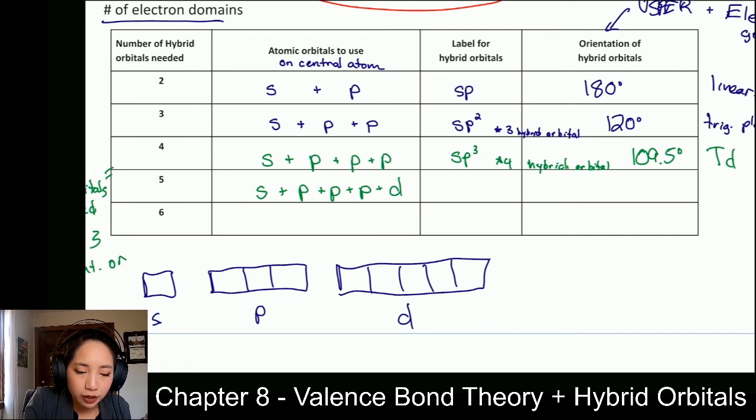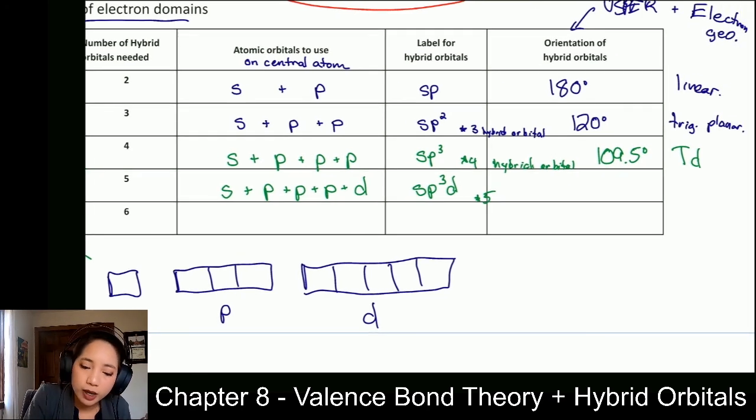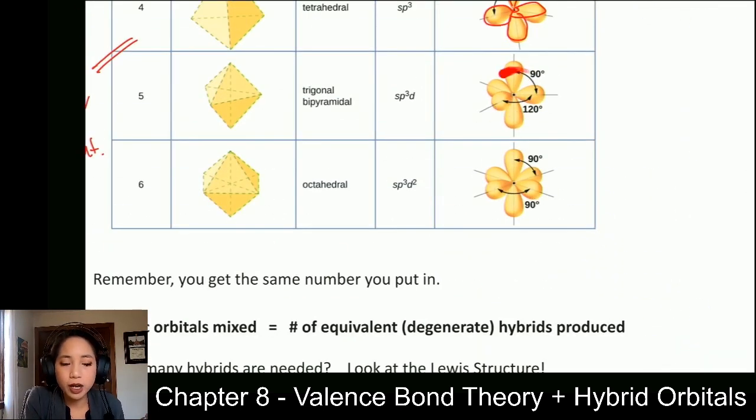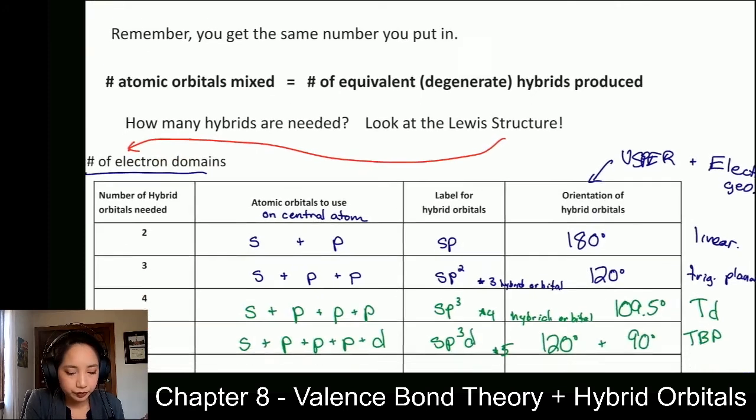So the label here for our hybrid orbitals, sp3d. And of course, there are 5 hybrid orbitals there. And so we know that with 5 electron domains, this is trigonal bipyramid. And so the orientations there are 120 degrees, and we have some 90-degree angles in there. And so overall, that shape gives us our trigonal bipyramid shape that you see here. All right, lastly,